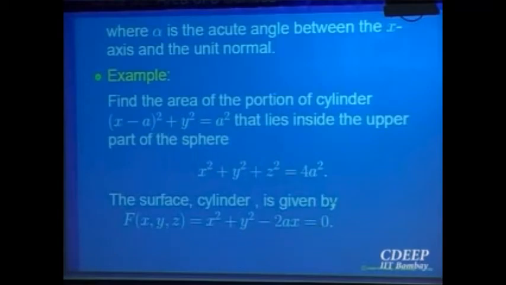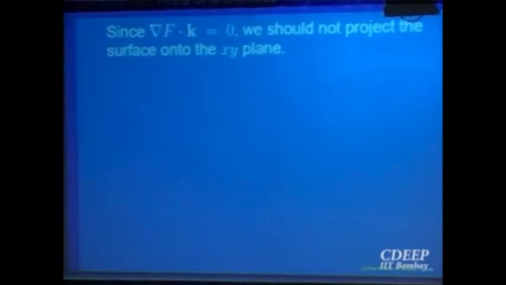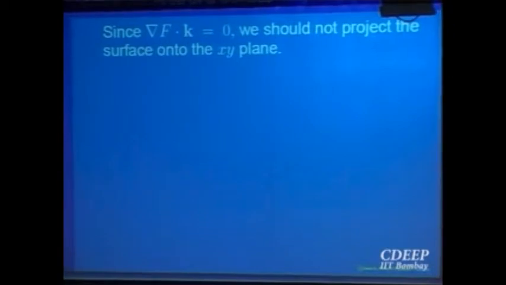Bring everything on one side, f(x, y, z) is equal to 0. That is a cylinder. So you can find the gradient vector for this, right? To find the normal. So this is the gradient vector. So now let us look at, if we want to use that secant gamma, right? We have to take the unit normal and take the angle between the unit normal and the k vector. But in this case, there is no k vector component here, right?